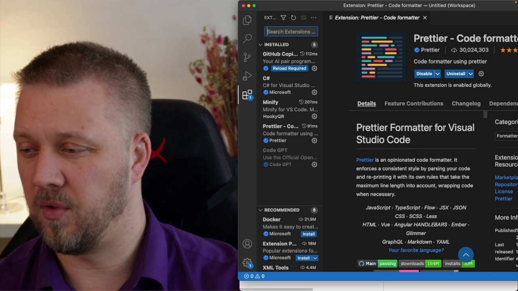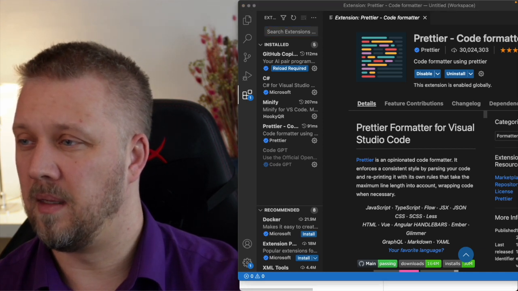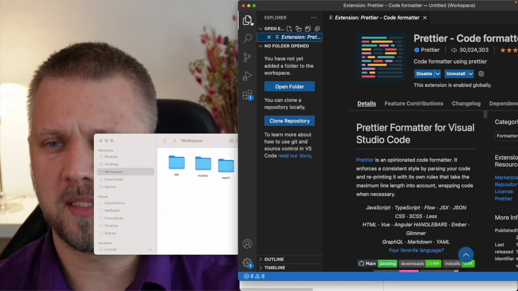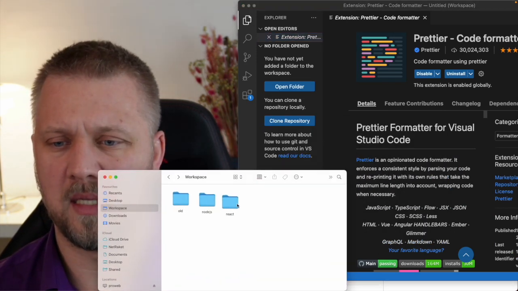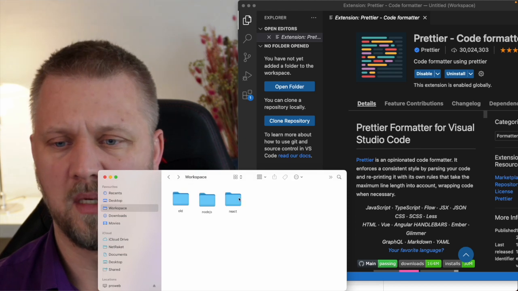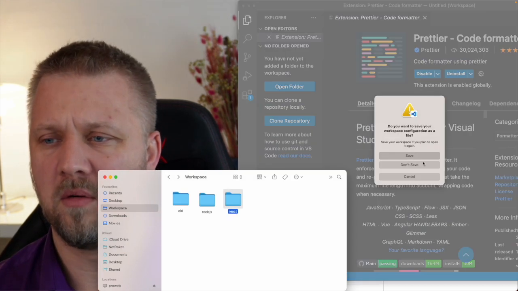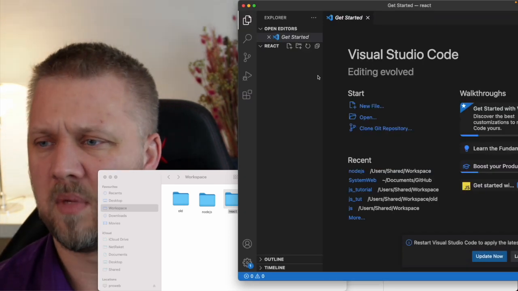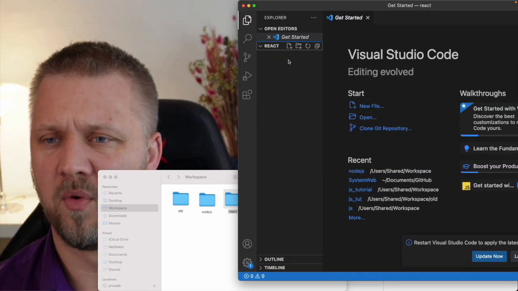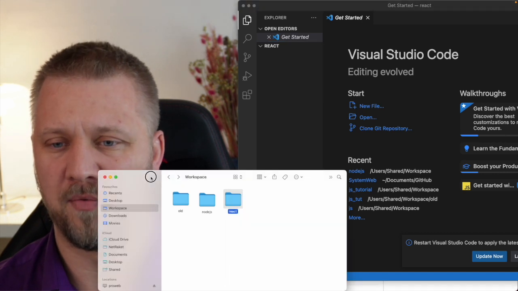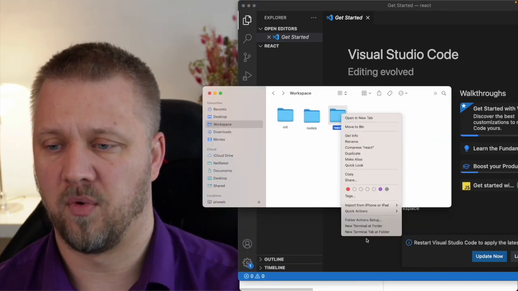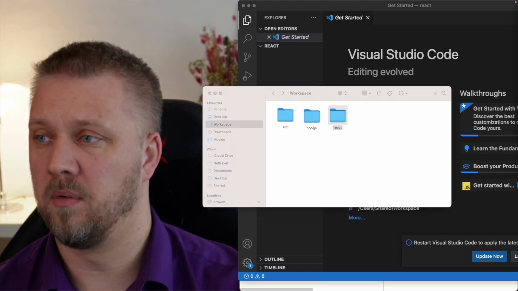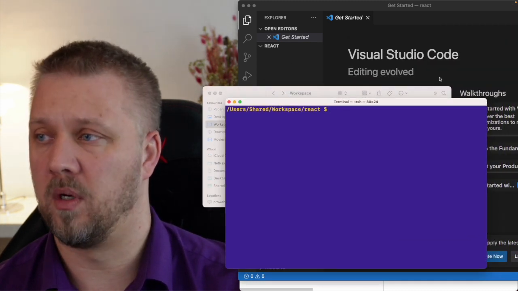I have a folder open here in my workspace. So if I take this React folder, I just created it, it's empty, and I just drag it in here. I don't want to save that configuration or anything, but now I have it open here. I have my folder here. There's nothing in it, but I have that folder. I can right click on that folder and say new terminal add folder, and I'll get that new terminal right